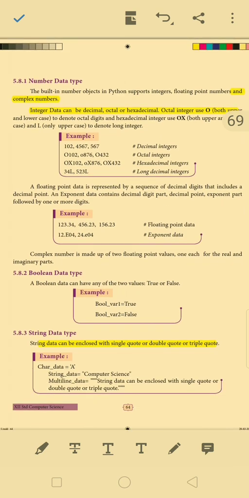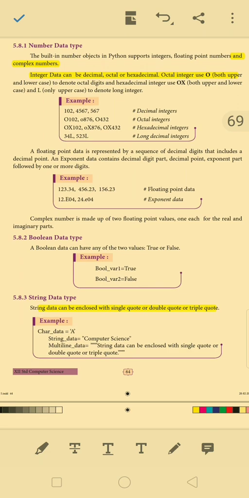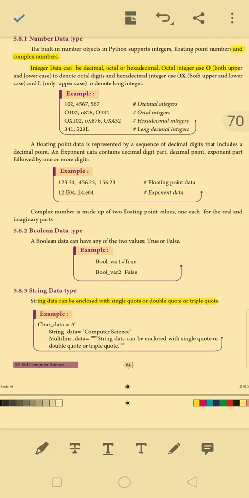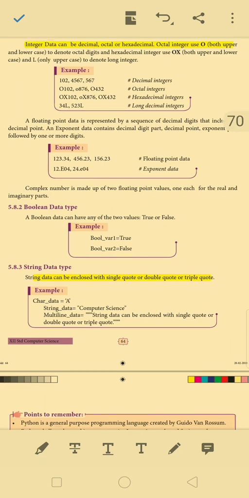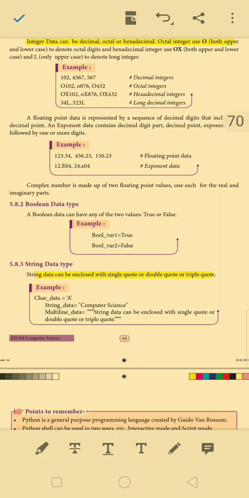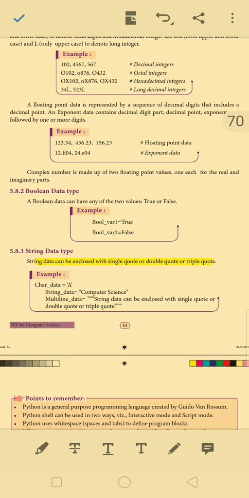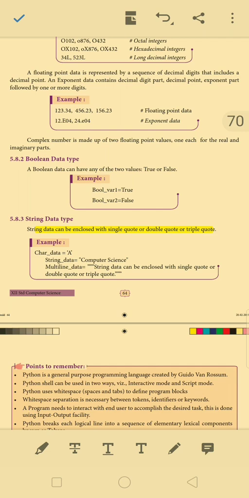The number data type denotes number objects, whether integer, floating point numbers, or complex numbers. An integer may be decimal, octal, or hexadecimal. A floating point number represents decimal digits. Suppose it's exponent data, it's your book back 2 mark question, so just mark it. Exponent data contains a decimal digit part, decimal point, exponent part, followed by one or more digits.